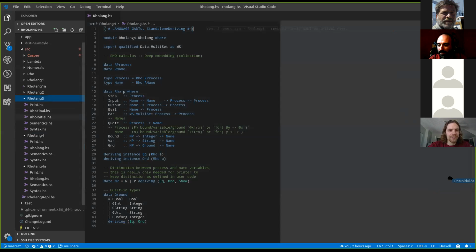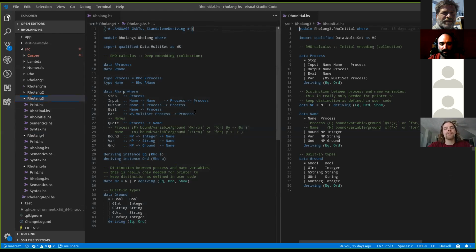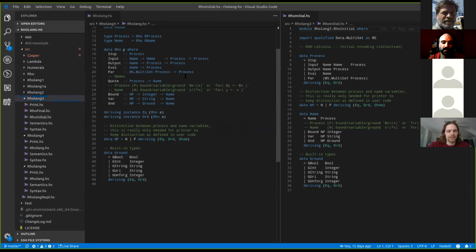So the biggest change is this. Hey, I have a question real quick. What is the G in GADT? Generalized, yeah, generalized abstract data types. Is that what it is? Yeah. And generalized in the sense that you can have different constructors. You can have constructors that return different types. And this is exactly